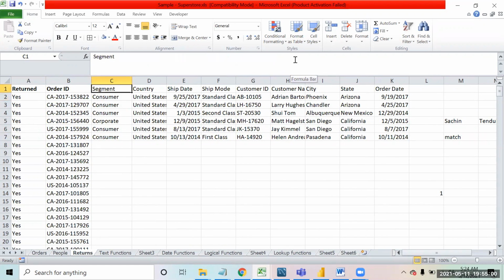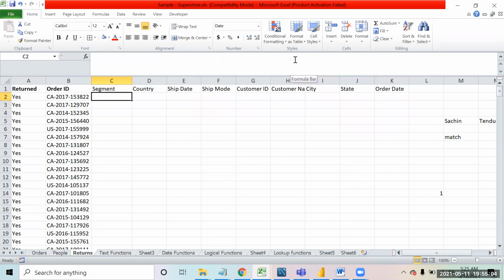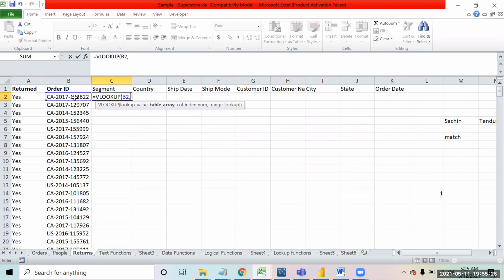So assuming that MATCH is clear, see what I have done is I was using VLOOKUP to find the name of the segment for this particular order ID, right? For the order IDs, I want to find the segment, country, ship mode, and all this information. So now if I write a VLOOKUP, I will say equal to VLOOKUP. I have to find this value, comma, table array.